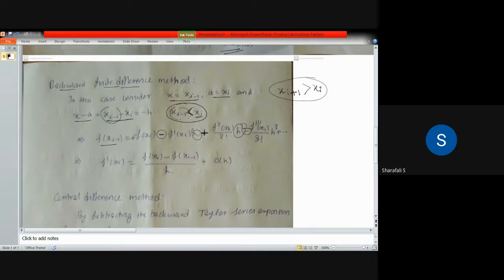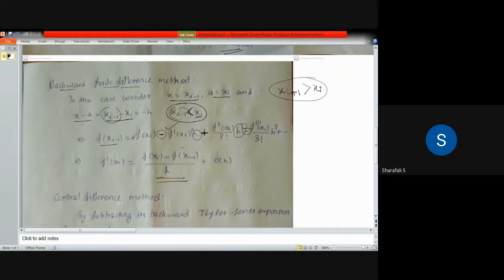Or simply by using h, you can define: if it is having an even powered h term, then it is positive. If it is an odd powered h term, then it is negative. That term will be negative. So there is an alternation of these signs for each term in the case of the backward finite difference method. So if you continue the same process that we did for the forward finite difference method, then we'll get this